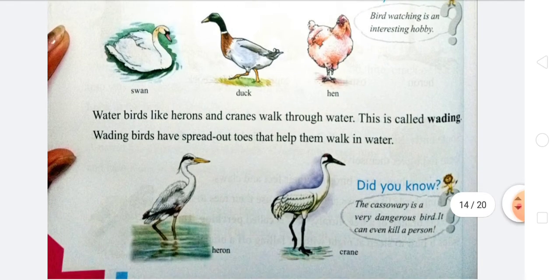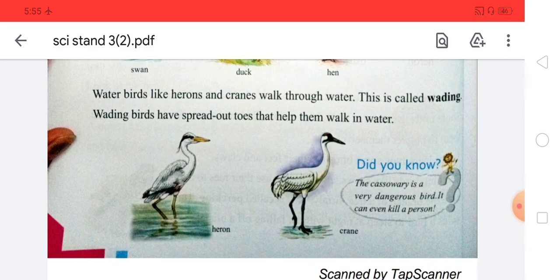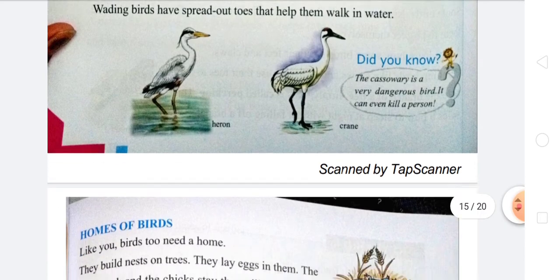Okay, then water birds, just like herons and cranes, walk through water and are called wading birds, because their spread out toes help them to walk in the water. And the cassowary is a very dangerous bird which can even kill a person.